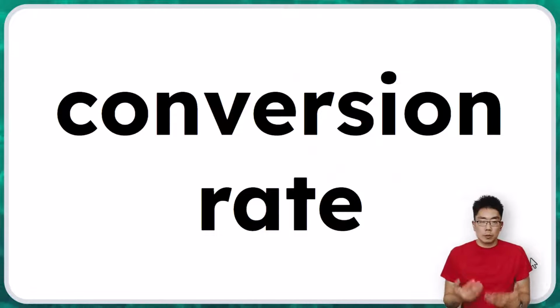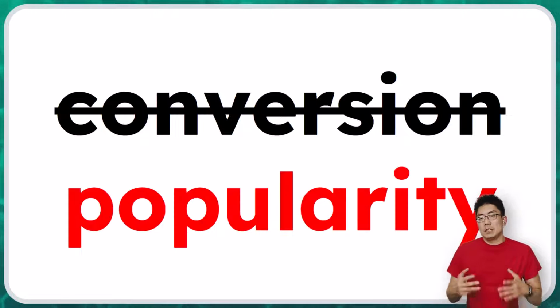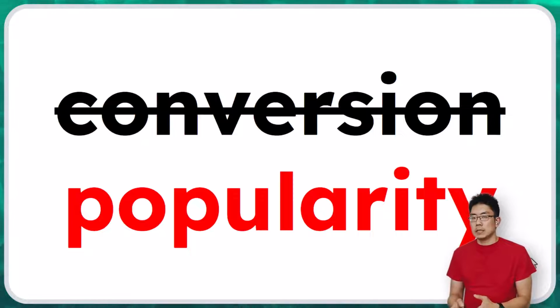Conversion rate, or the sold rate, is basically the number of units sold divided by the number of page views. If you have 100 page views and 5 people buy your product, then you have a 5% conversion rate. In this video, we're gonna see how it's not actually the conversion rate, it's this hidden number that measures your product popularity for specific search terms that's influencing your search position.